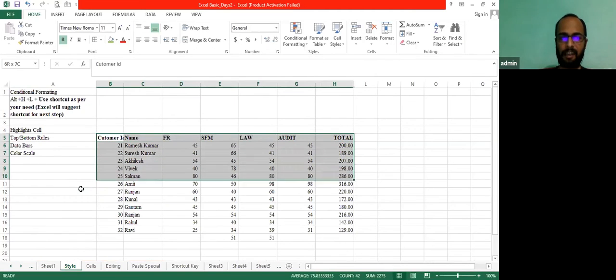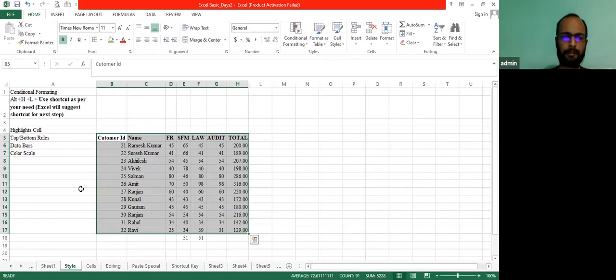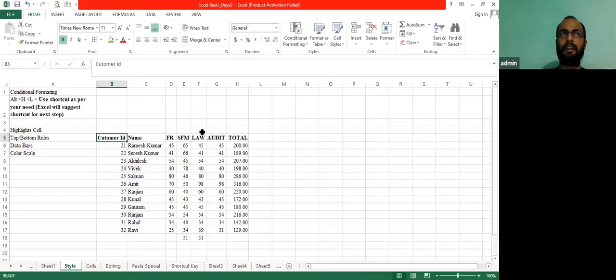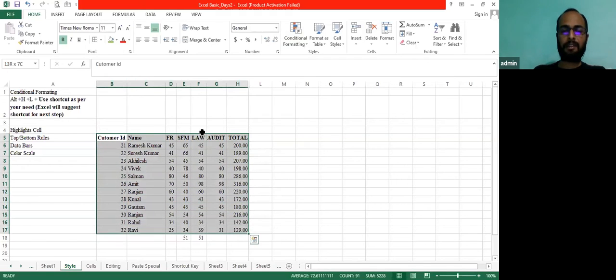So you can see we have a table, we have a database. I'll be implementing the commands on this database, and then you can see how it works and how you can use it. There are n number of conditional formattings. Let me first explain what conditional formatting is. Conditional formatting basically helps us in formatting with some condition. Let's suppose I am saying if any value is equal to 45, then highlight that. If any value is less than 100, then highlight that cell. That kind of commands are here. We will be using every single command, and we will see how it works.